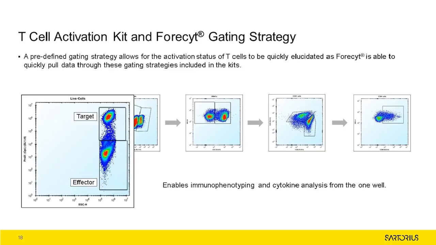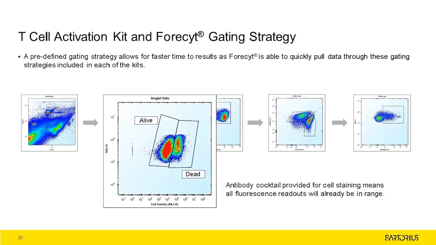We can also separate labeled target cells from PBMCs using the BL1 channel. It should be mentioned here that this separation can be performed for all the kits if necessary, which is what we have done in the following workflow. The next gate shows viability gating. Both antibodies and viability stain concentrations have already been optimized, so fluorescent signals will already be in range.